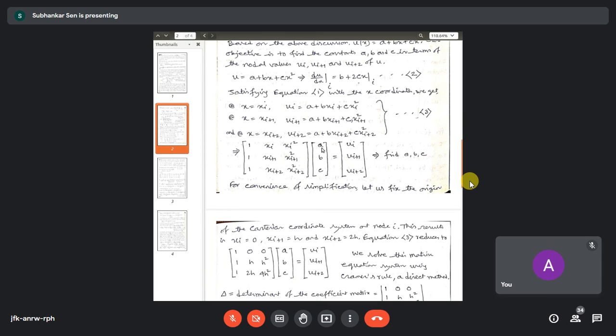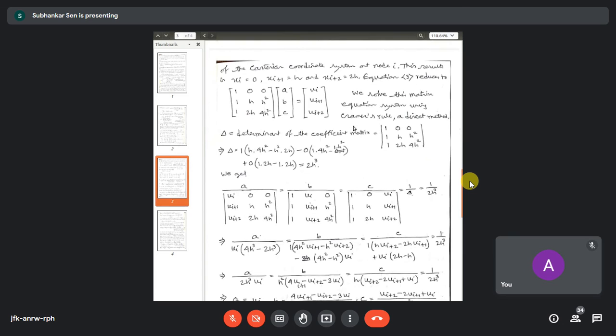Then if your matrix is 5 by 5, your operation count will be factorial 6. Factorial 6 means 6 into factorial 5, so it will be 720. It means there is a very enormous rise in the operation count when you go for Cramer's rule. It is not a practical method for solving large scale matrices, and even if the matrix is 10 by 10, you cannot use it. Okay. So just for information, Cramer's rule is never used in CFD. But for a small problem, we can use it. Okay. So let us come back to Cramer's rule.